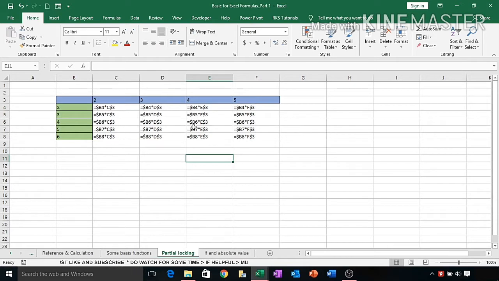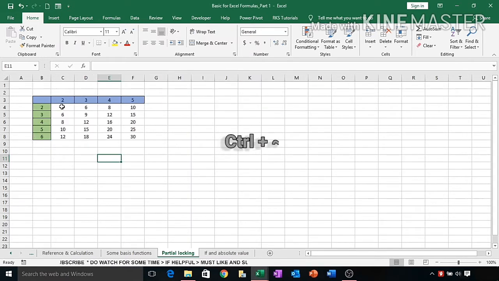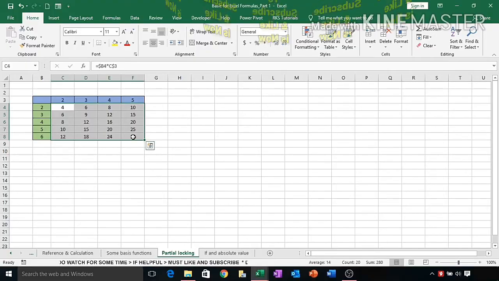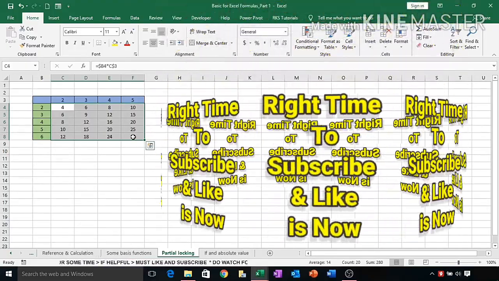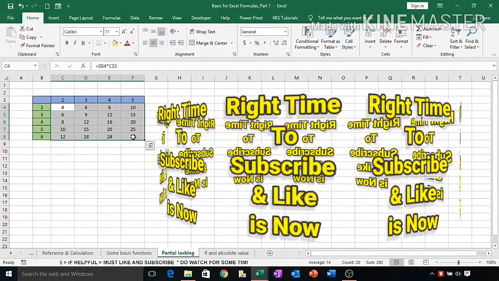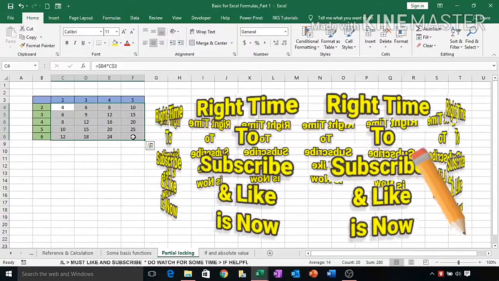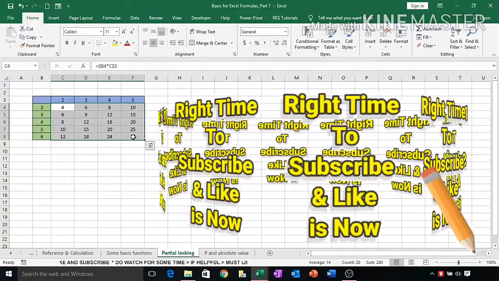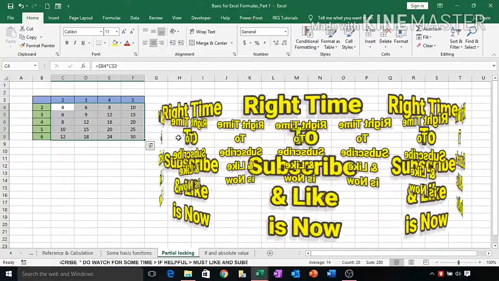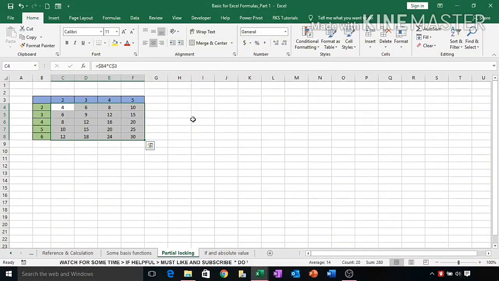Now you can check B6. Suppose we check this value, 4 multiplied by 5. So 4 multiplied by 5 is here. B6, it is okay, and F3 means this one. So this is perfectly working. We press Ctrl tilde sign to see the formulas, and this time it is perfectly working. This way you can partially lock any formula so that some values of the formula will keep changing and some values will remain the same. I hope you have understood this, and this is called partial locking.